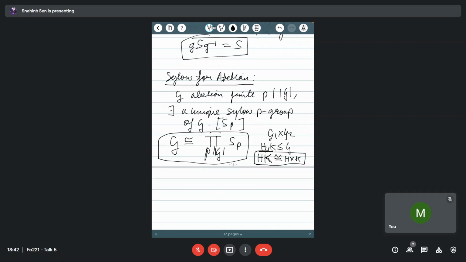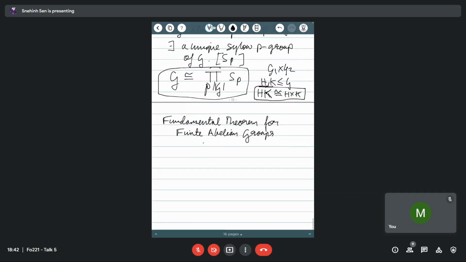Well, that's what you get for abelian groups. And as a consequence, you have the fundamental theorem for finite abelian groups. Some old texts also call this the fundamental theorem for group theory, finite version, but we'll call this one. And use this and the fact that because Sp is a subgroup of an abelian group, it is abelian. So it's an abelian p-group. Use the characterization of abelian p-groups, and basically you'll get